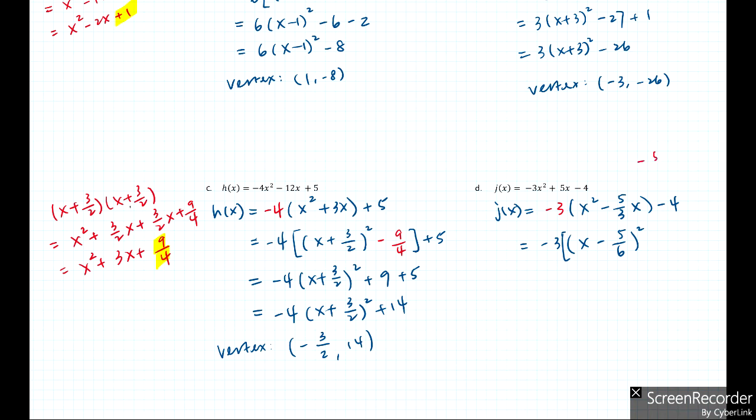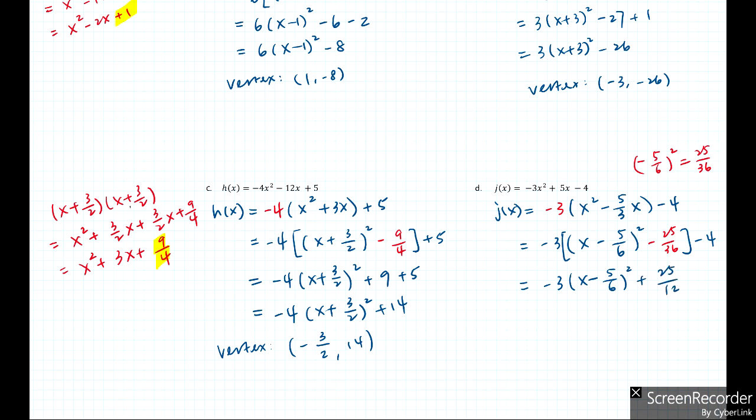So this is a side note. Again, that's nice to have to think about where that additional constant term comes from. It's always going to be whatever that constant you just wrote down squared because of the FOIL process. And because we added this term that didn't exist, we have to subtract it away. Subtracted by 25 over 36. And then minus 4. So now altogether, if we distribute the negative 3 through, we would have a positive 25